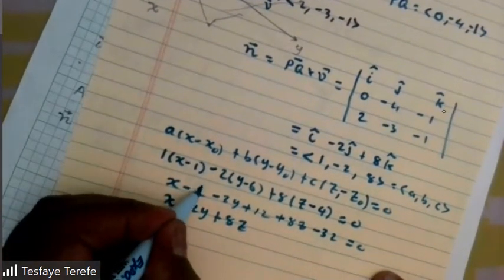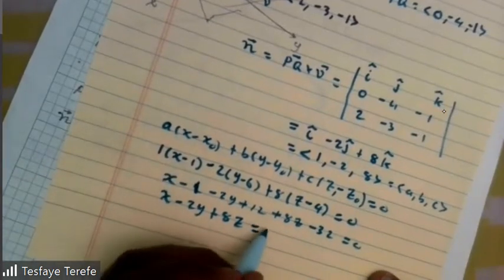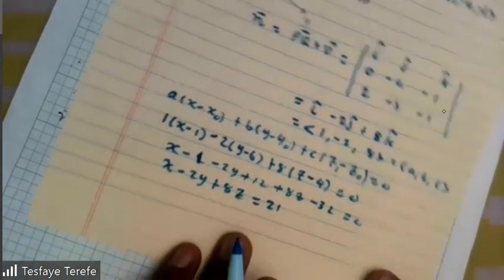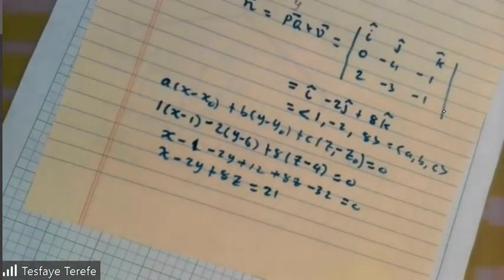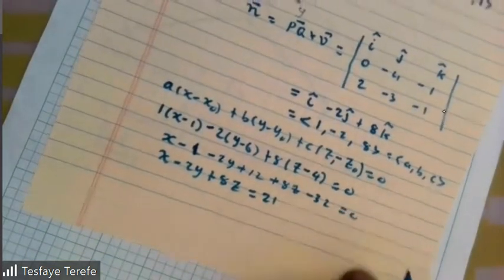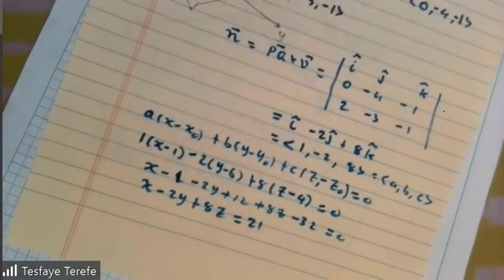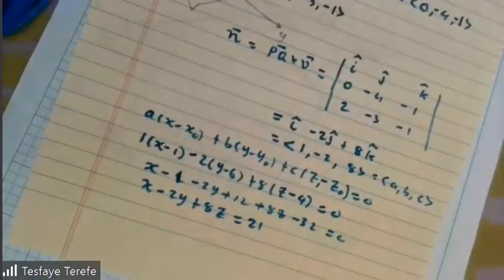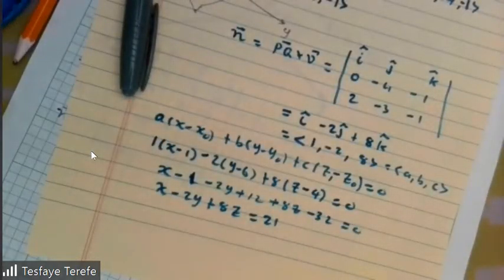I don't know why I put it as 2. Equals 21. And that is the equation of the plane. Okay, is it clear, guys, what we have done? So when you work on this problem on a test or something like that, try to really realize what is happening. Okay, the last concept that we are going to see is